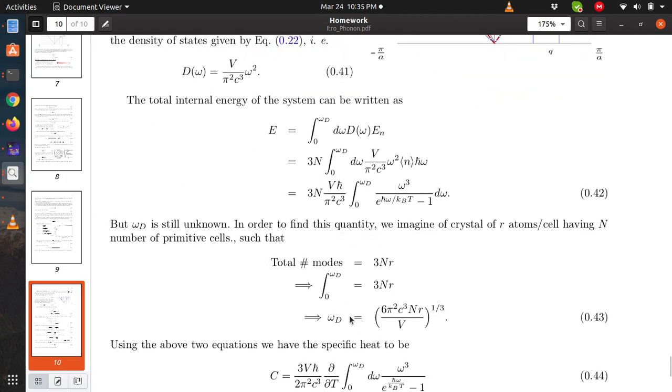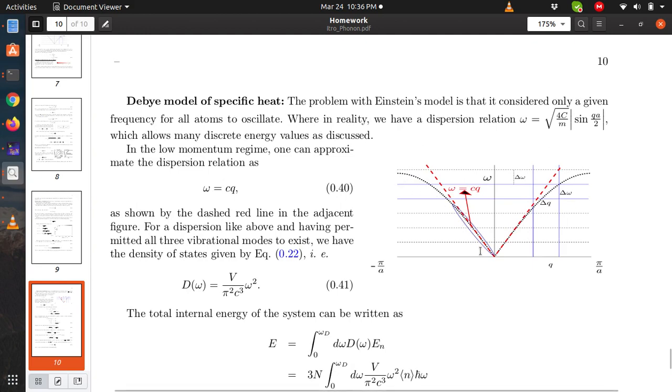Now, as I told you, we haven't had any idea about how this omega D is going to look. So in order to determine this omega D, which we call the Debye frequency to be precise, we are going to see the total number of modes now. Total number of modes. Remember, previously we were talking about the allowed modes along the x, the y, and the z axis. Now, the total number of modes that you can have